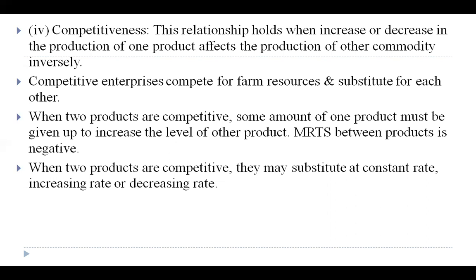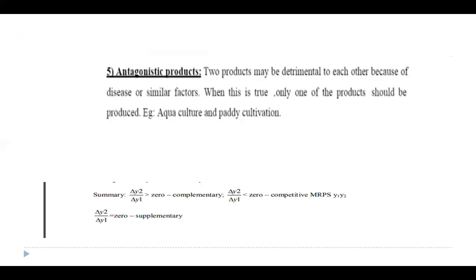When two products are competitive, they may substitute at constant rate, increasing rate, and decreasing rate. So three types of substitution may be possible in which type of relationship? Competitive relationship. Okay, so these are the four very important relationships, and the fifth one is